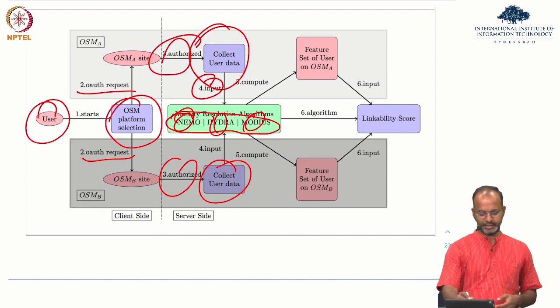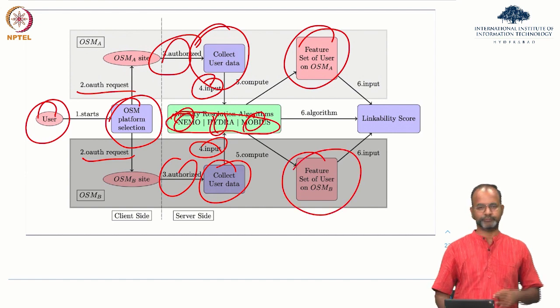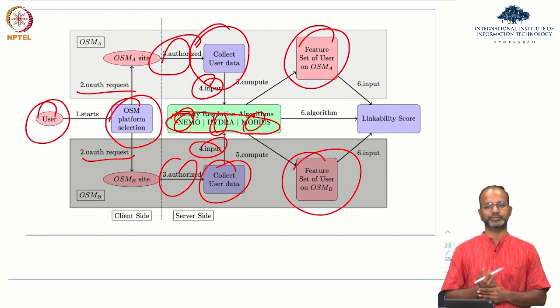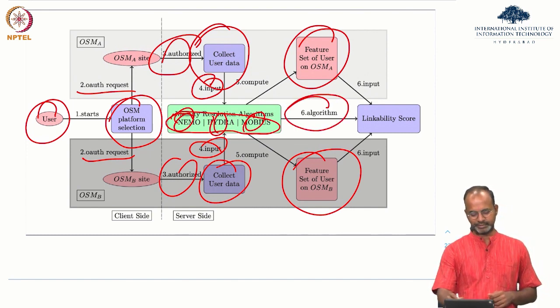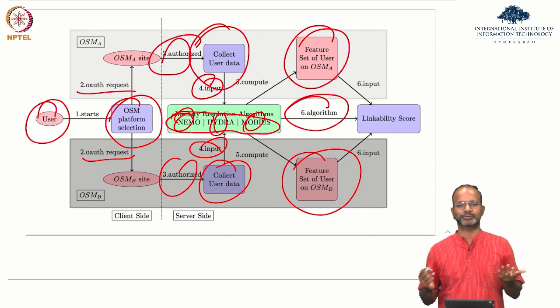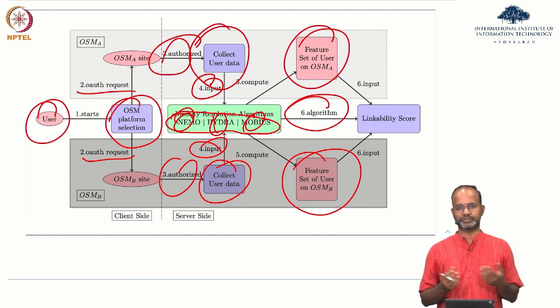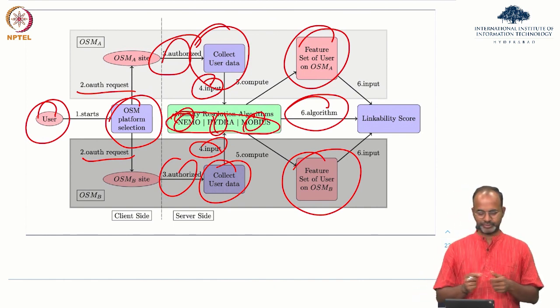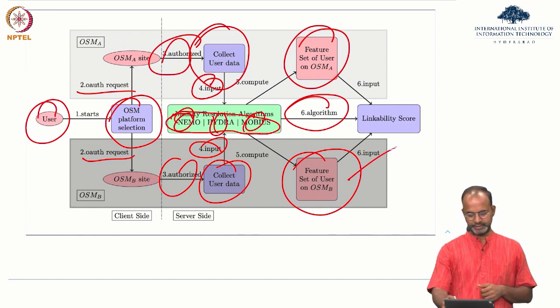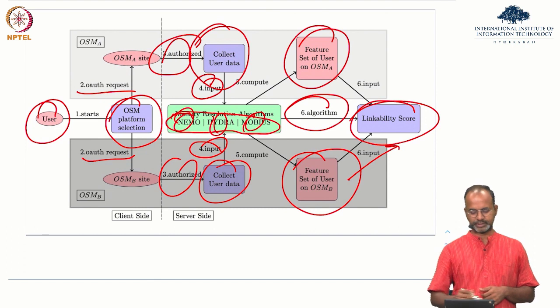All right. And the data is coming into Nemo, Hydra and Mobis, and then the feature selection, as we saw before, what I was building you to find your own features, is here, and then some algorithm. All the methods will have different algorithms, right? You can say that, look, I don't want to look at profile picture. I want to look at network more. I don't have features of pictures, and therefore I will remove all the pictures and do the comparisons. You can do innumerable ways of actually figuring out the match. And then the input is given saying which features work, and then the linkability score is created.